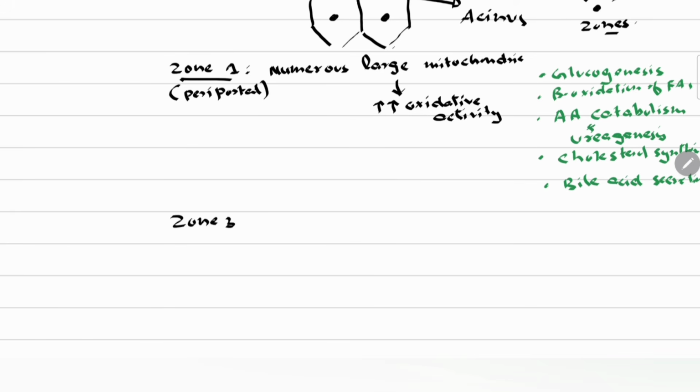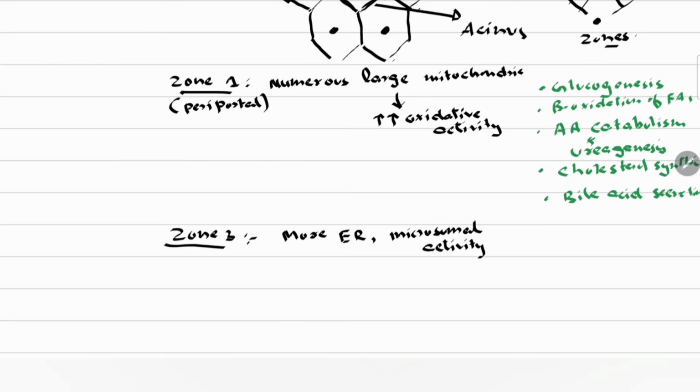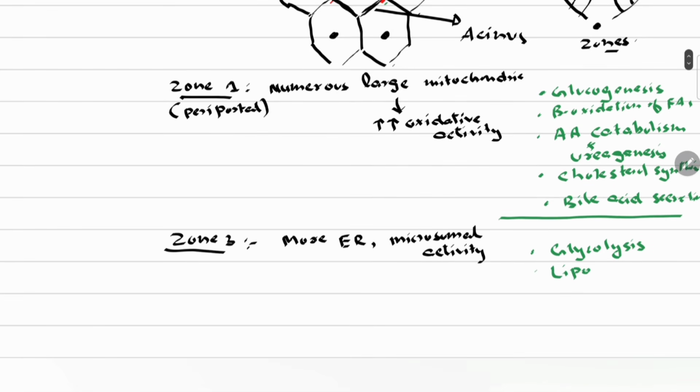Zone 2 is intermediate zone. It constitutes features that has resemblance with both zone 1 and zone 3. Now coming to zone 3. Zone 3 has more endoplasmic reticular activity and microsomal activity. The processes like glycolysis, lipogenesis, and drug metabolism, that is drug detoxification,